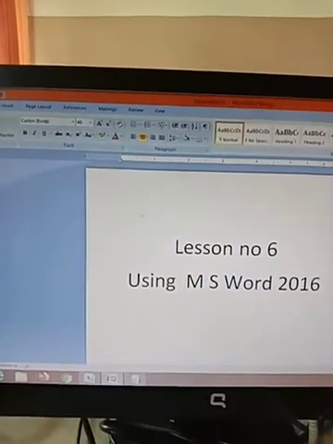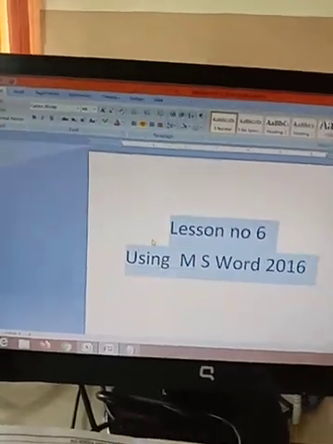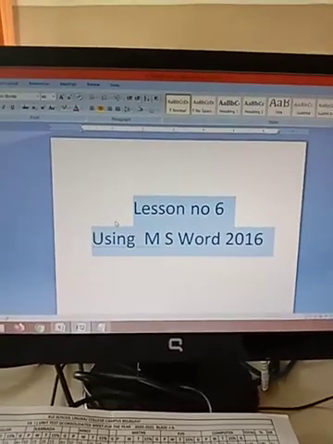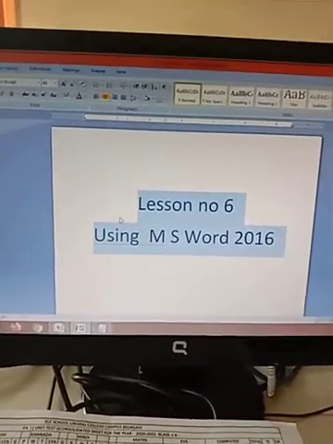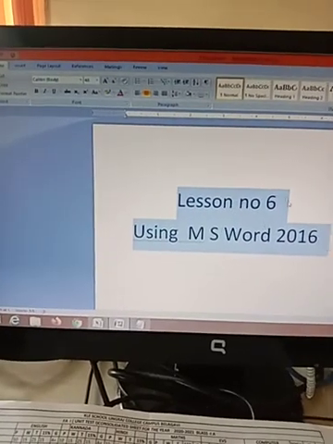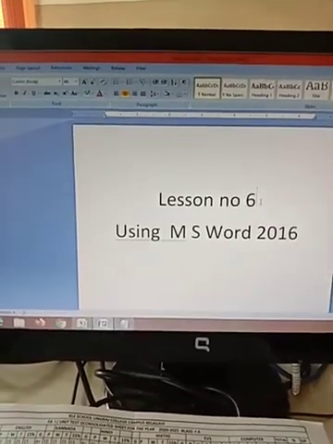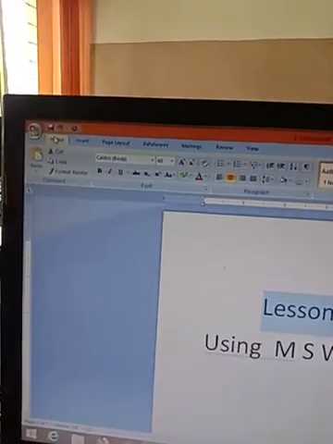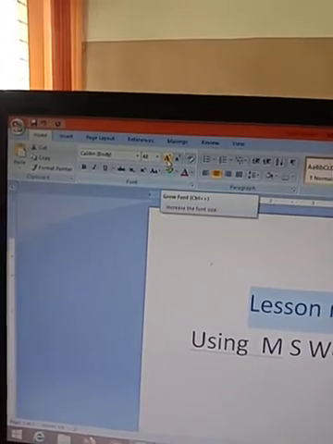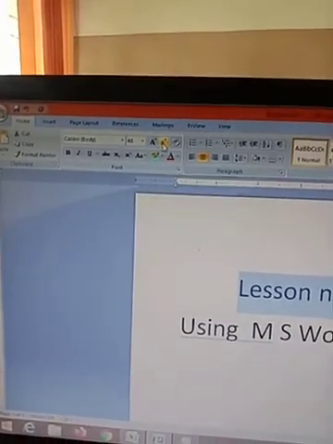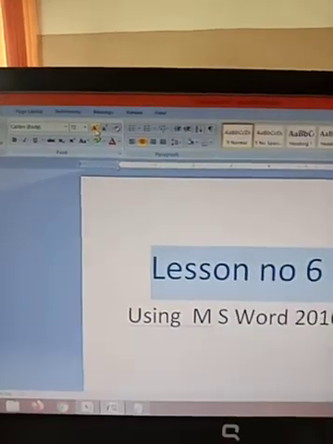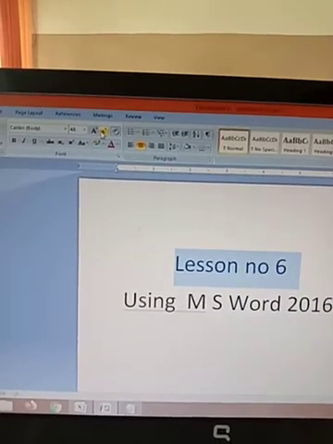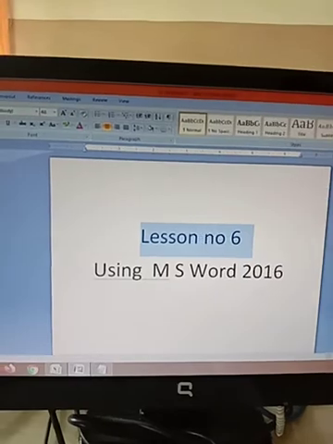With the help of this home menu, you can decorate your text with the different color, alignment, border and bullets and numbers. So if I want to increase the size of this text, I can just select it. Here I can click on the home menu. From here, this symbol is for increasing size and this symbol is used for decreasing size. I will just go on clicking. See, my text size is increasing. If I don't want, again I have to click on the smaller one. So this is the menu bar.